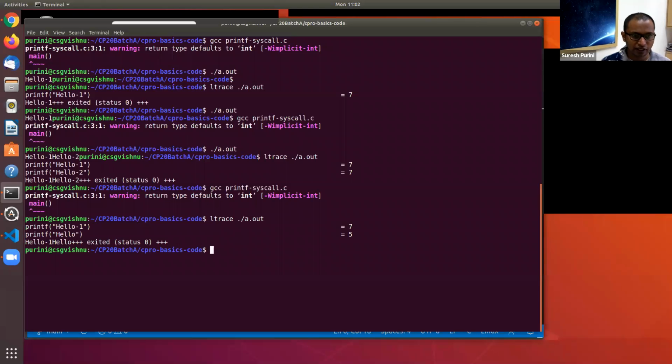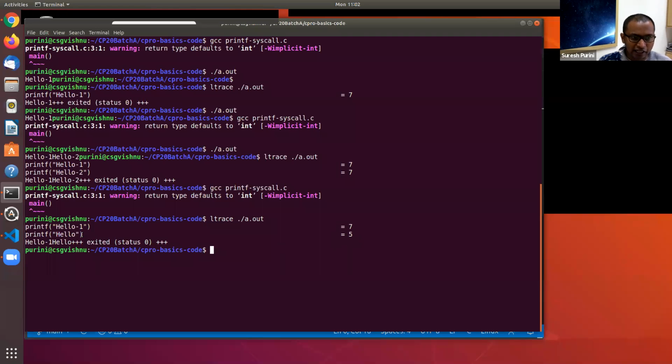So you can see our program made 2 calls to printf. In the first case, when we call printf for the first time, it printed hello-one on the screen and returned 7 as the return value, as 7 characters are printed on the screen.